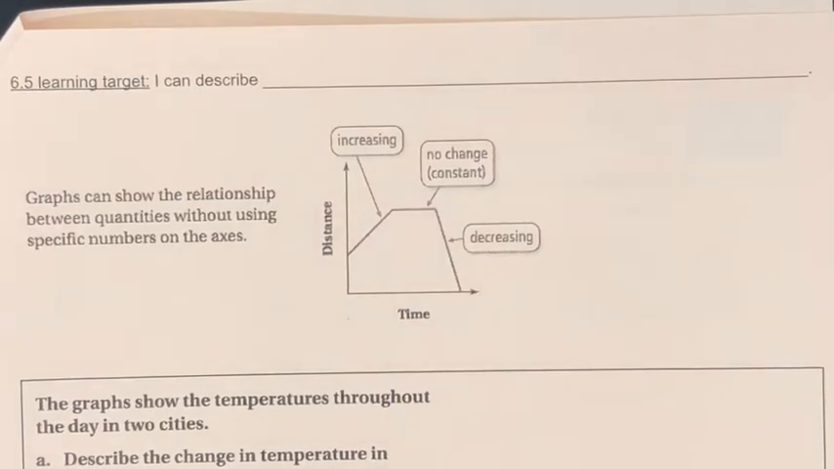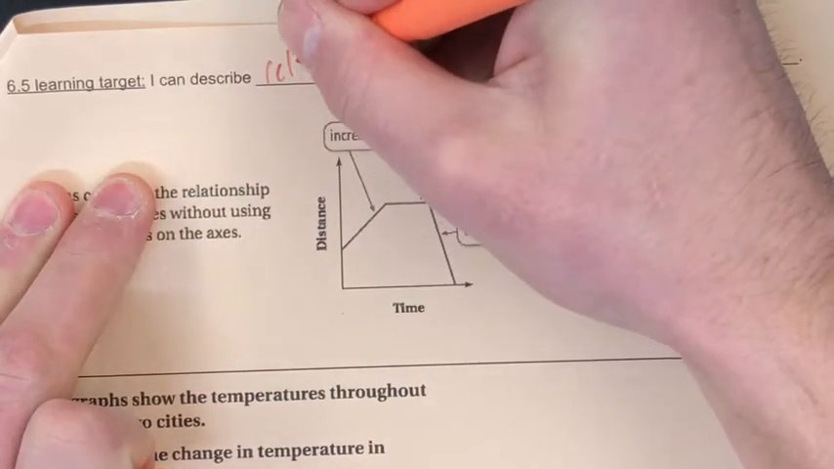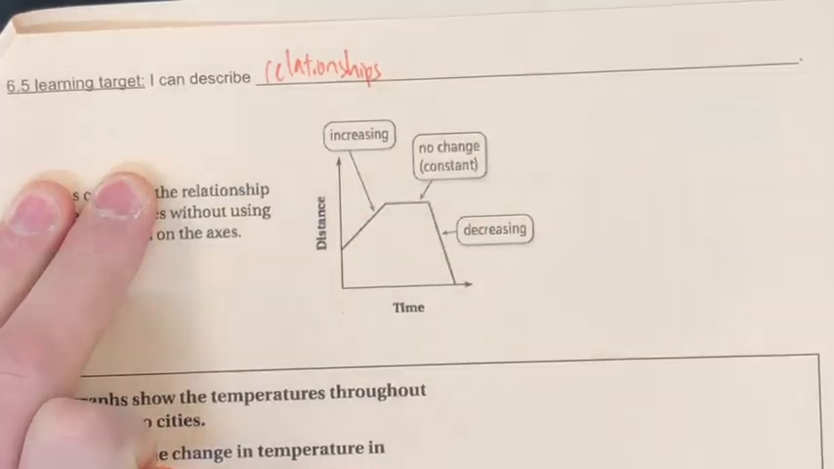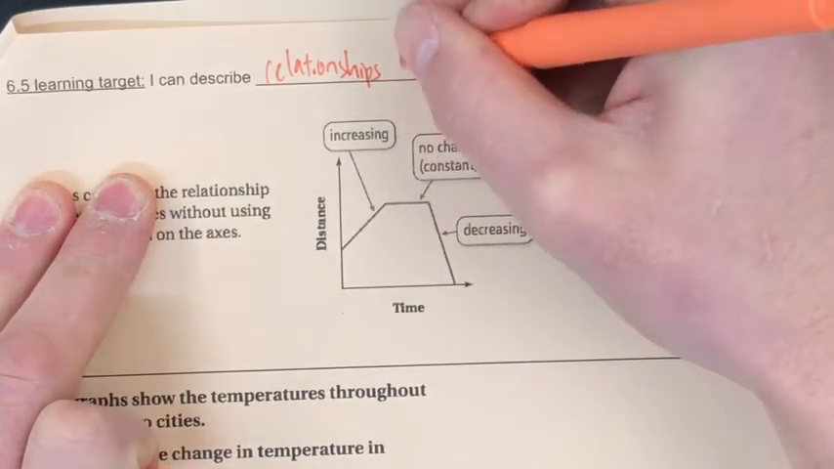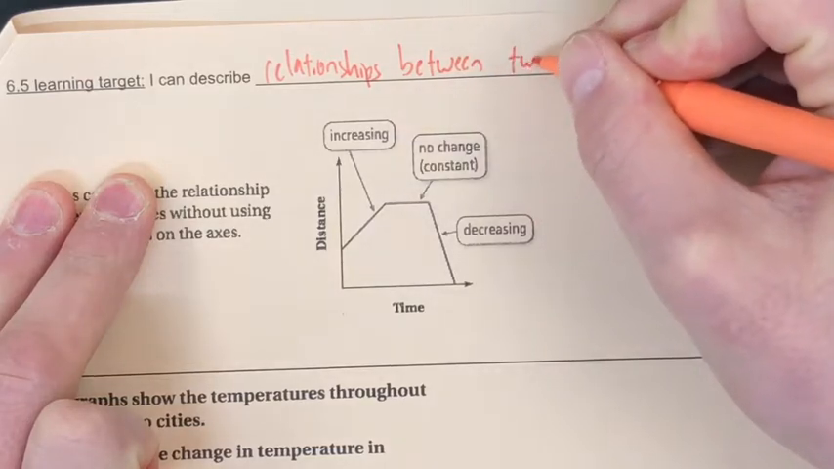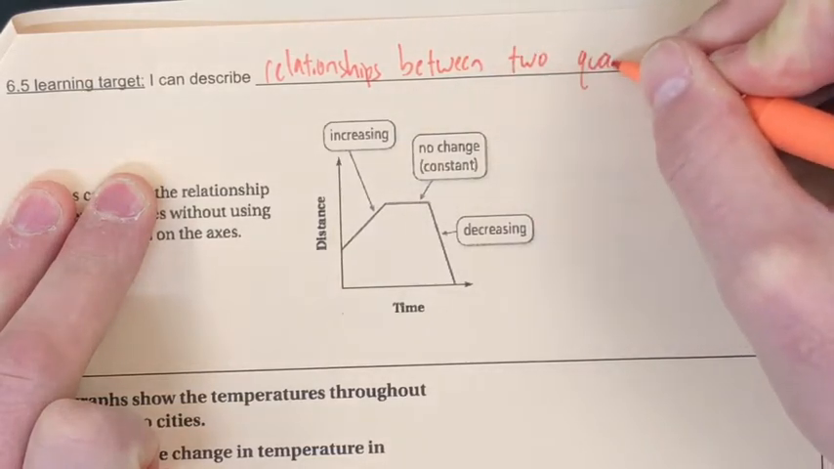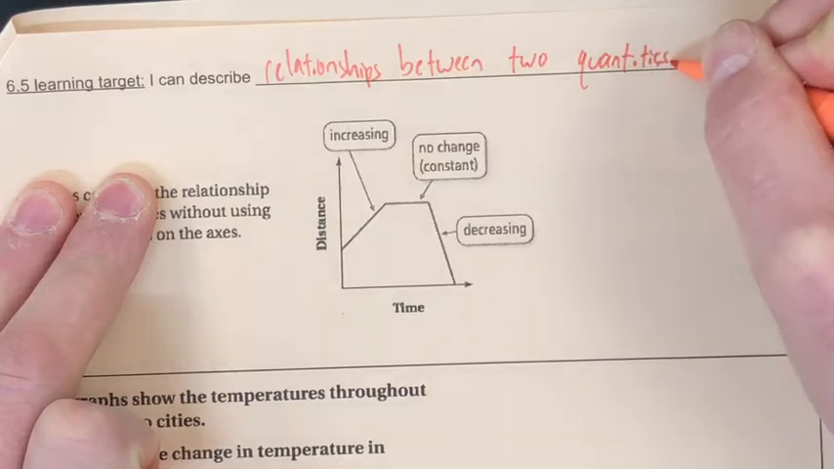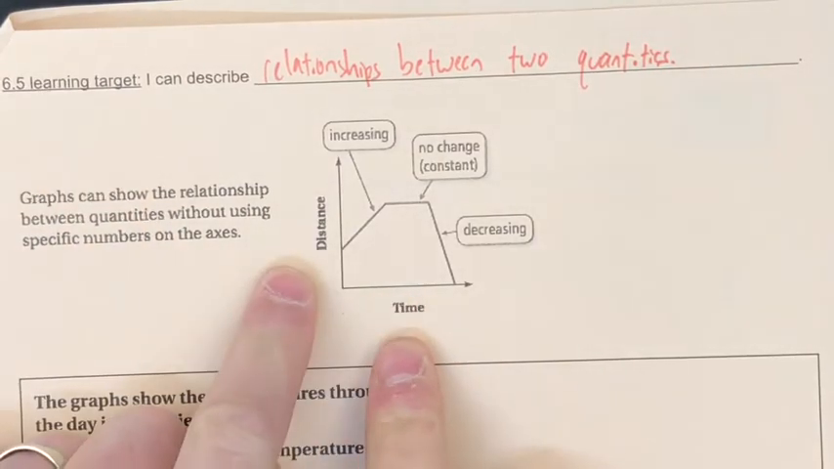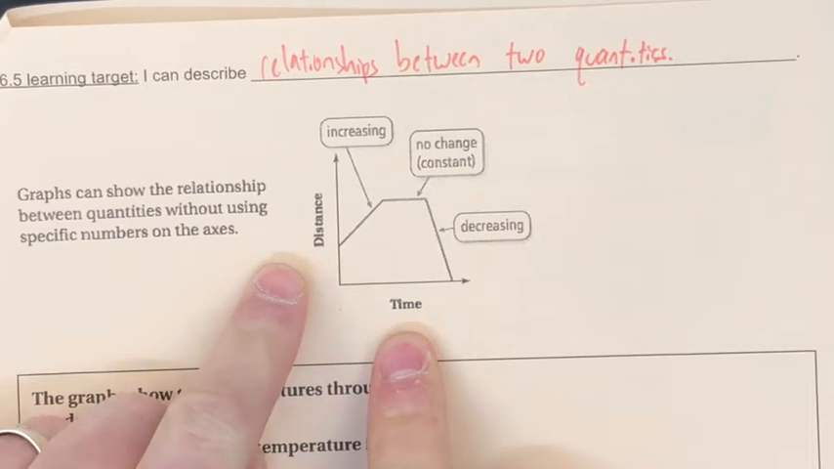Okay, team. 6.5 learning target. I can describe relationships between two quantities. All right, now 6.5 has these functions where we're relating two quantities, and they're different because we